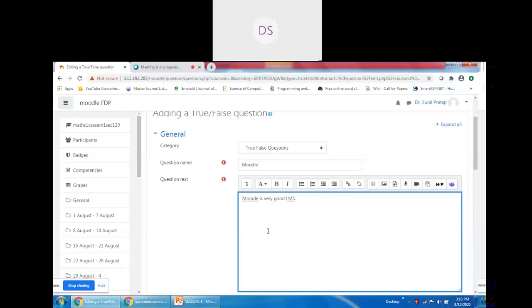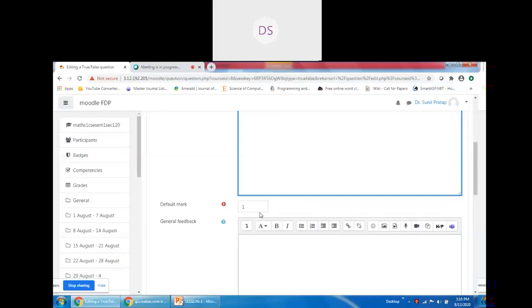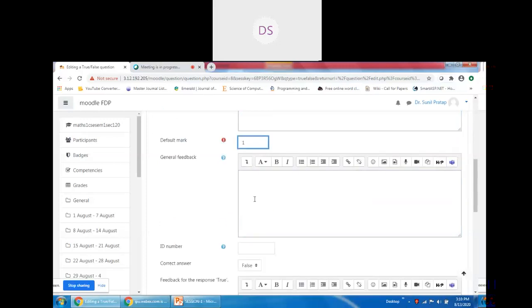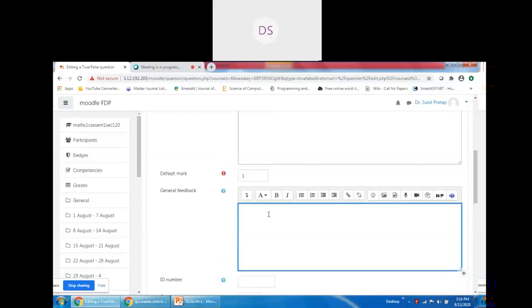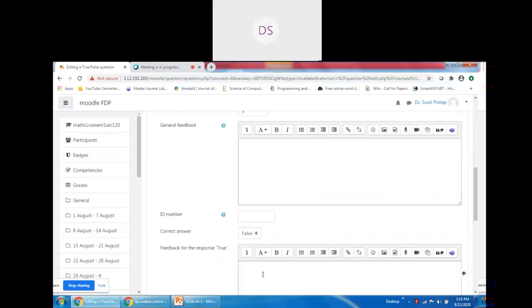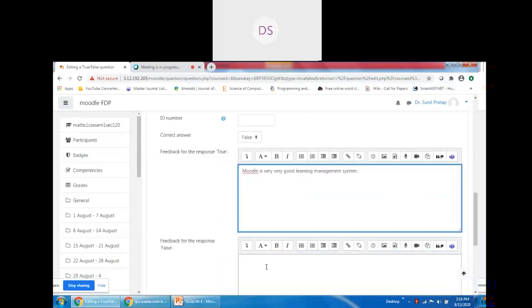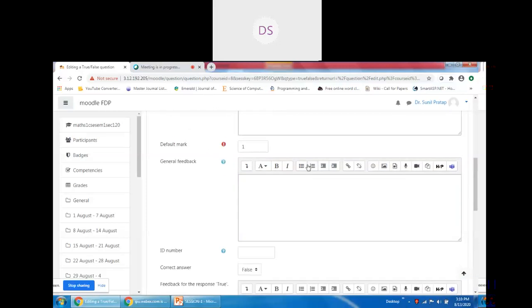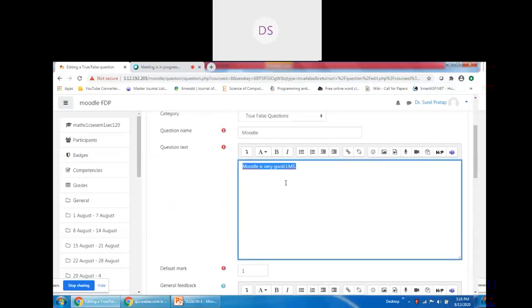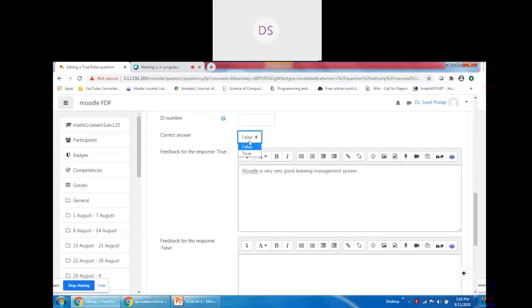Mark for this question, by default I'm giving 1 mark. General feedback, you may write here: Yes, Moodle is a very good LMS. The correct answer of this question is true.